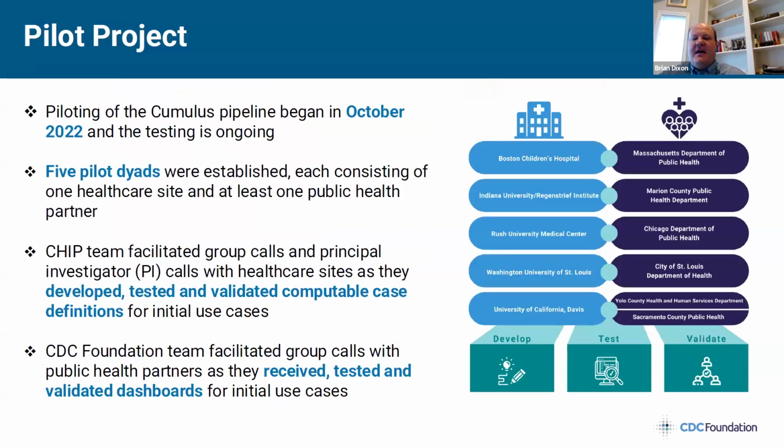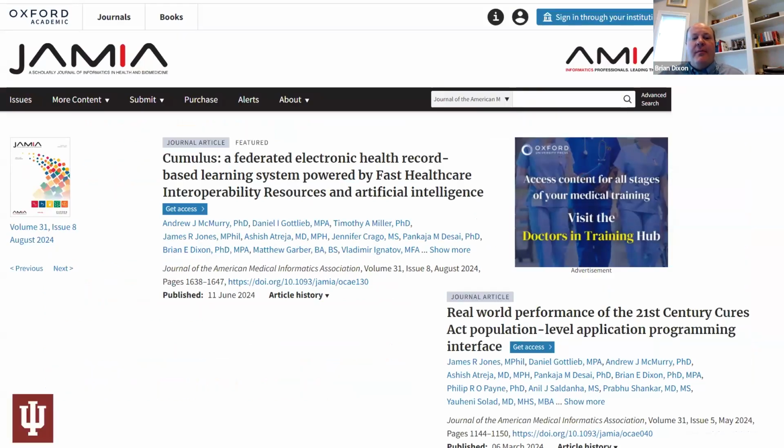We began piloting this at the end of 2022. There were multiple sites; we were one of several sites that did this. Throughout the process, we created and validated computable case definitions for a couple of diseases that were of interest to the CDC Foundation. We tested those and validated them, found some challenges with the FHIR spec, which we've fed back to the HL7 team. They've implemented those now into the updated specs that are out for release now. And if you're interested, there are a couple of publications that we have available.